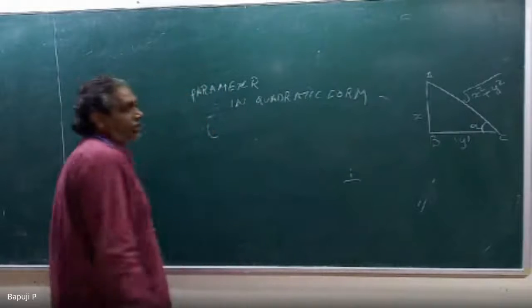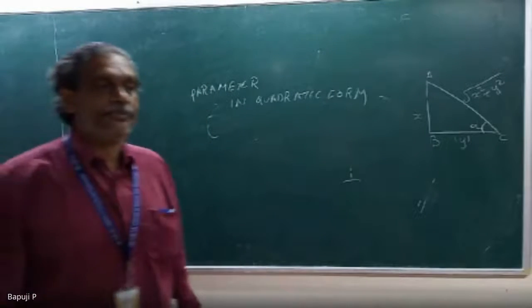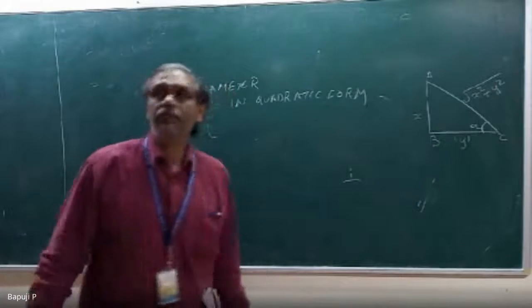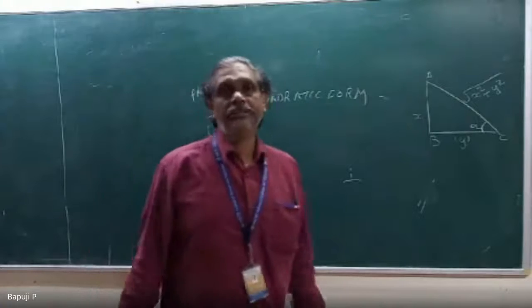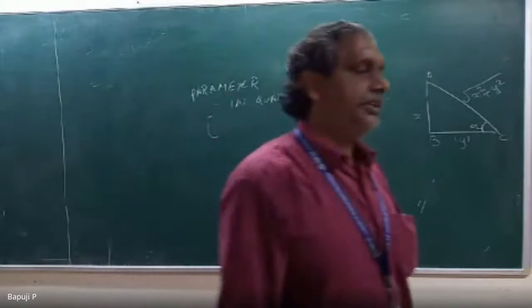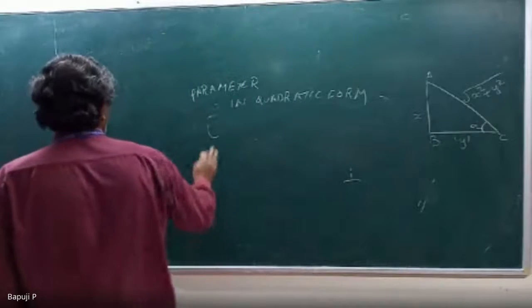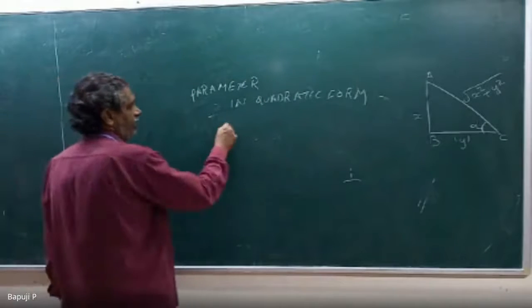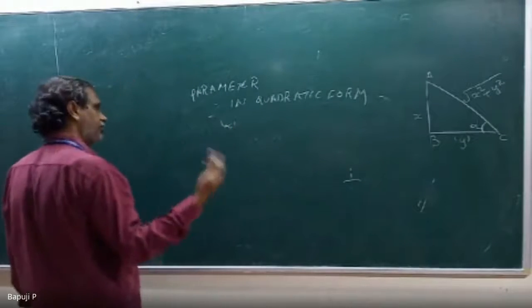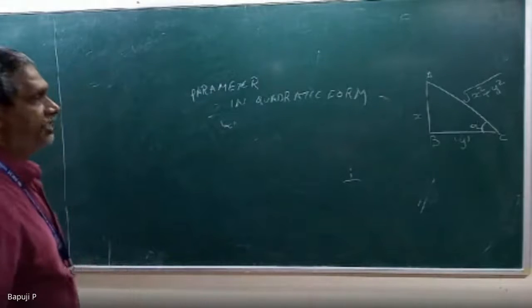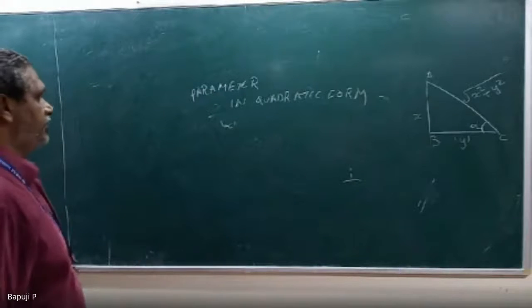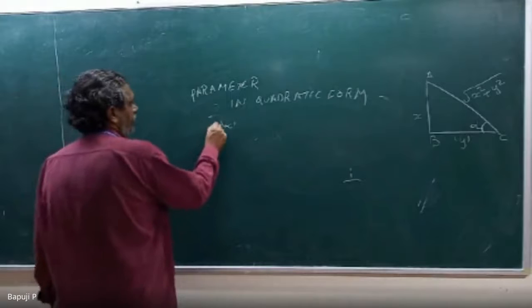Quadratic form is normally what you remember, ax square plus bx plus c. x in quadratic means ax square plus bx plus c, y in quadratic means ay square plus by plus c, t in quadratic means at square plus bt plus c. So for a quadratic parameter, suppose here alpha is a parameter. Whatever it may be, sometimes alpha, sometimes m, sometimes c. This is for notation I am giving.